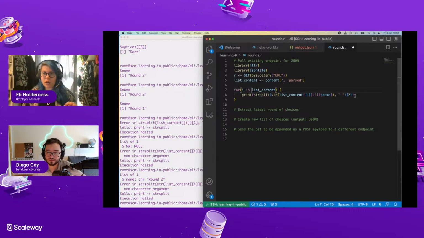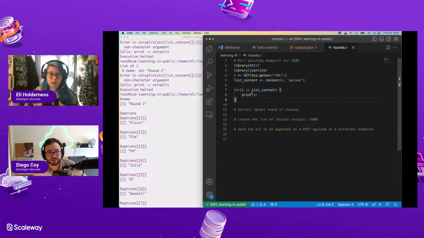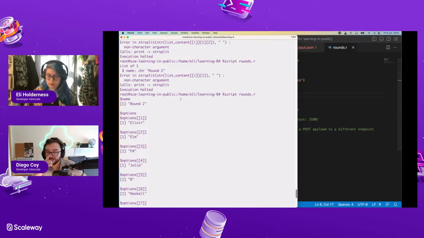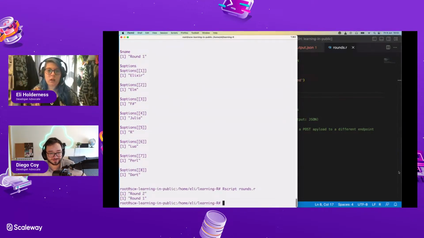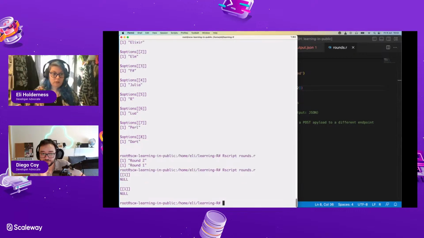And then for each of those, I'm just going to print i here, and then it will be list content, or I'm sorry, i, and then $ sign name. Print i, so this, dollar sign, name. Yes. Amazing. Okay, cool. So now what I want to do is string split that with the delimiter of a space and take the second element of that. See what that does. Null.